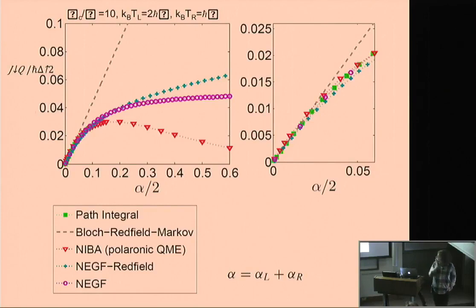So what do we actually observe in our calculations? This is the heat and energy current as a function of alpha, alpha half. It's a dimensionless parameter that characterizes the strength of interaction between the subsystem and the environment. And we have different lines, so just focus on two lines. This is for the additive interaction model. If we don't do the polaron transformation, the energy current goes linearly up. And if we do the polaron transformation and therefore convert the model into a multiplicative interaction model, we get this crossover behavior, where eventually the energy current drops as you increase the interaction.